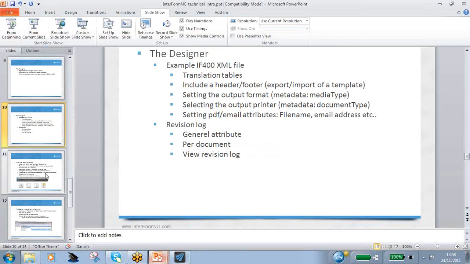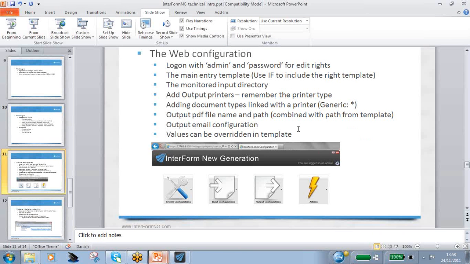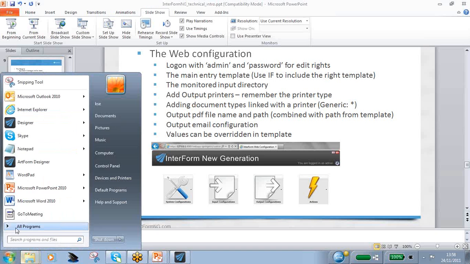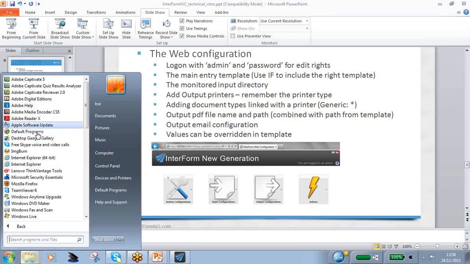Moving on. We have a web server here for configuring the server. So let's move on and take a look at that one. So moving forward here,